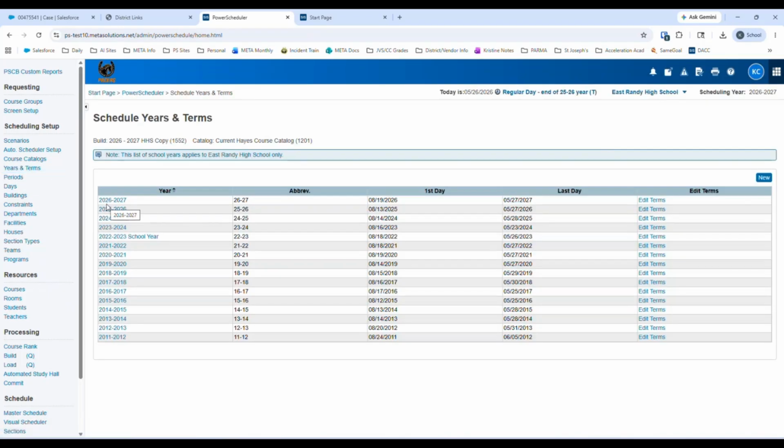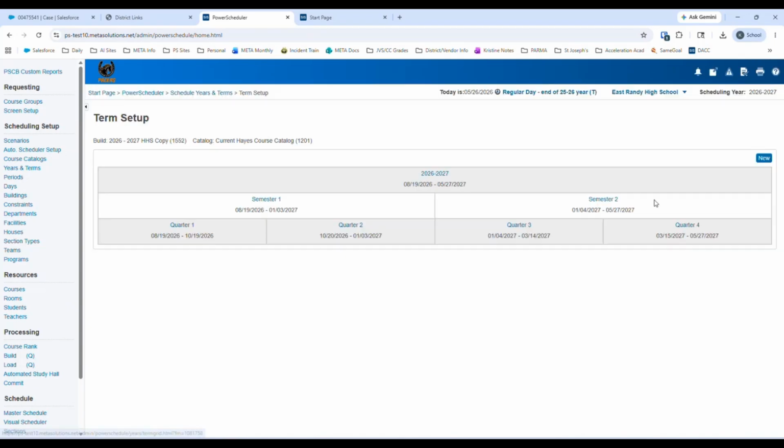So we're looking at the 26-27 school year. And we're going to come over here to edit terms. And we can already see that the 26-27 school year is already built in PowerScheduler. So if you're a PowerScheduler building, more than likely, these are already going to be created for you. Keeping in mind that the PowerScheduler years and terms will overwrite anything done on the live side for power scheduling